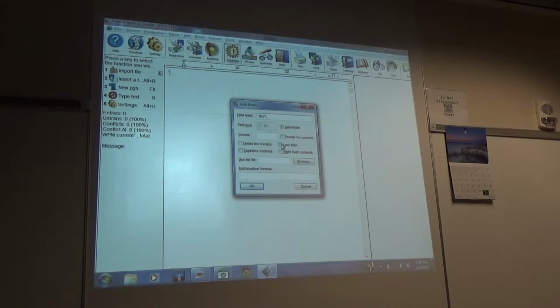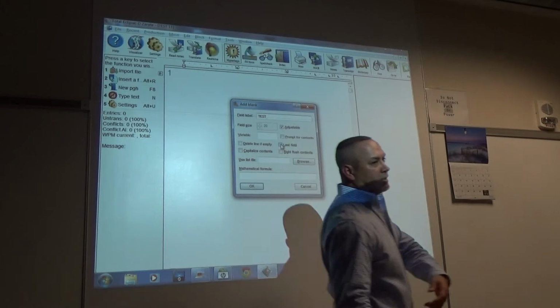Actually, what you might want it to read too is probably last field, because if not, then it's probably going to go to the end of the document every time. I didn't really think about that. So if you want to go in there and adjust it, you can. Go into Alt-D, go into type TE, get your capital test, open it, and then go to that first line, to where it says,